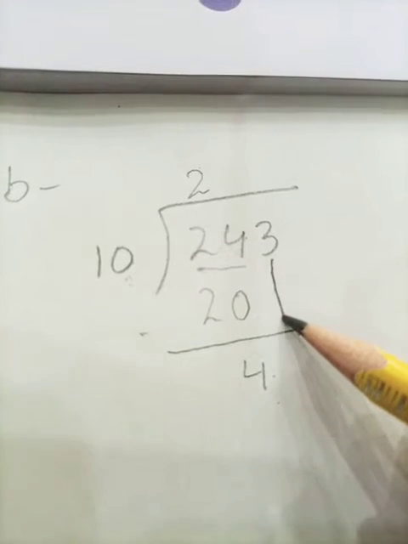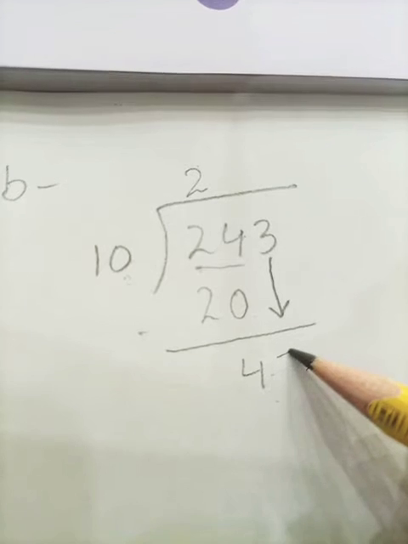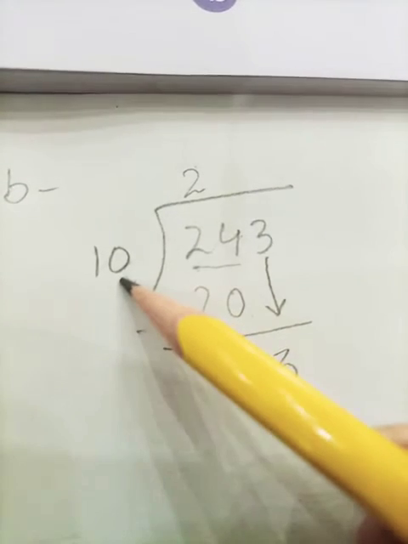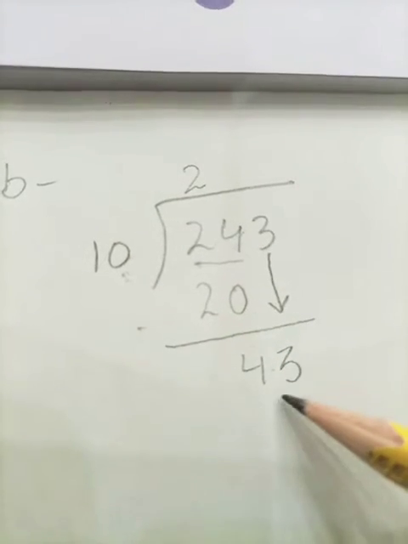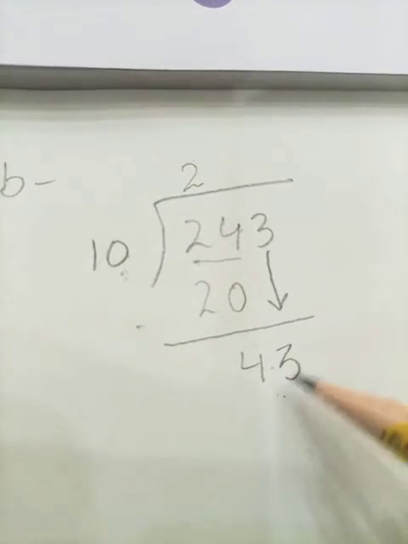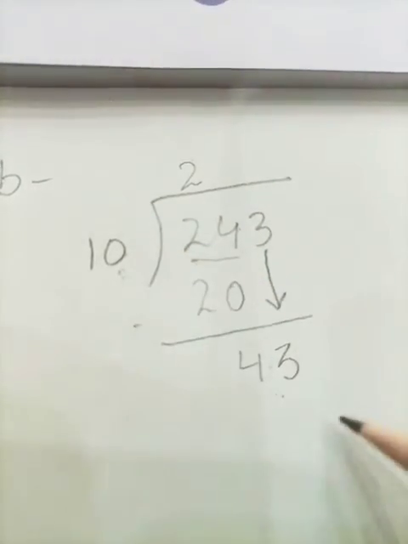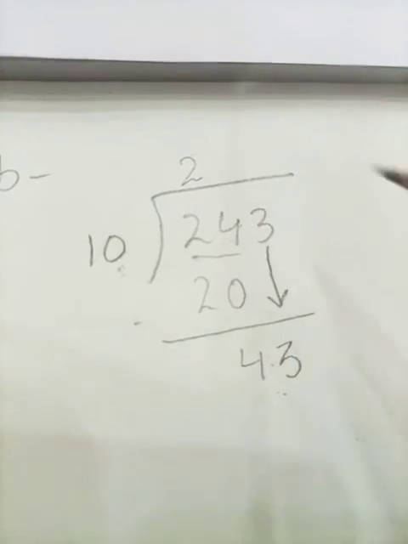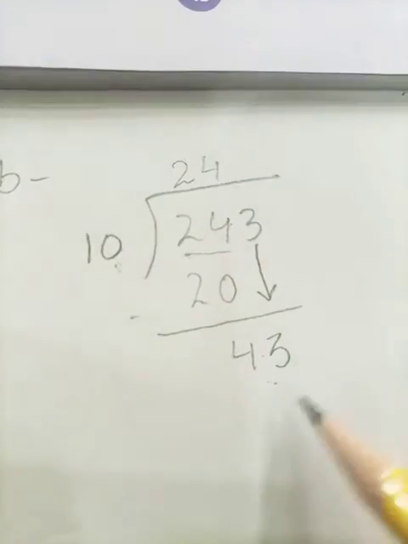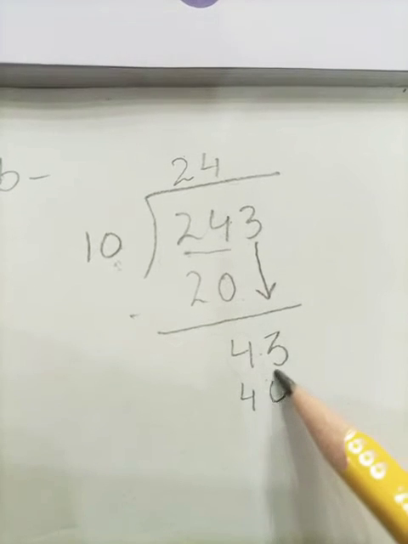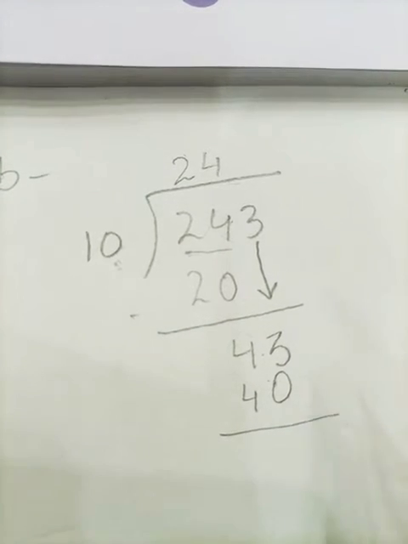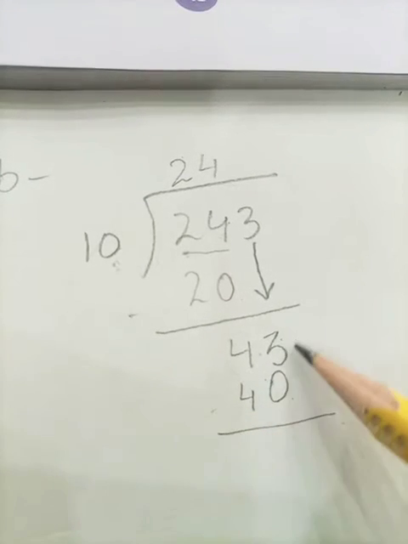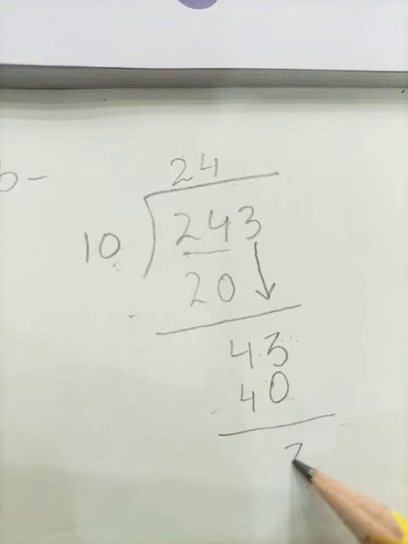So I am taking my 3 down here. It will become 43. Now I can divide easily. So students, read the table of 10 where we get 40 for the number 43. 10 ones are 10, 10 twos are 20, 10 threes are 30 and 10 fours are 40. 10 fours are 40. Here I have written the number 40. Now 3 minus 0, we are going to subtract it. 3 minus 0 and our remainder is 3.